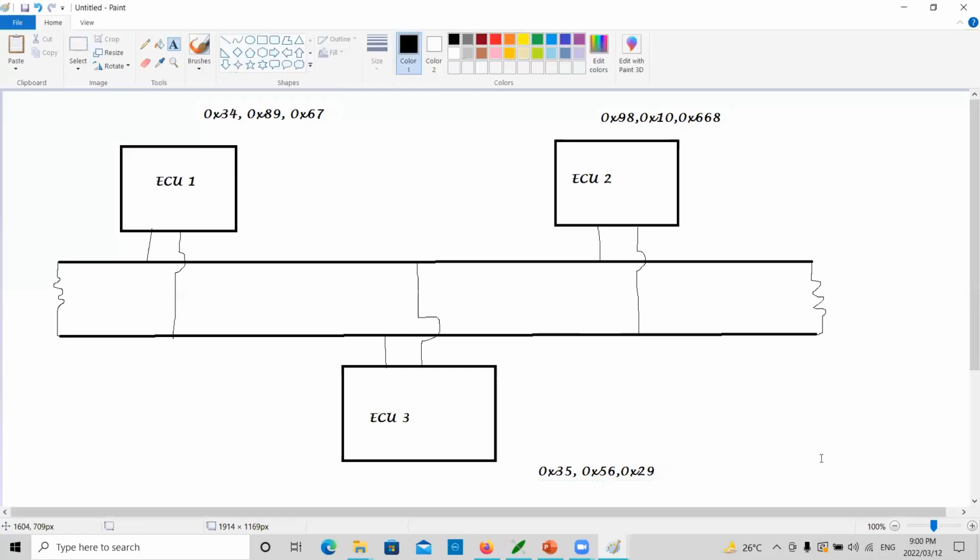Now the bus is free. Bus is free means the bus is kept at the voltage level of 2.5 volts. That will be considered as bus free. That means there is no voltage fluctuation in the bus, so every node has a right to transmit. They are going to transmit. This is the queue. The queue means usually